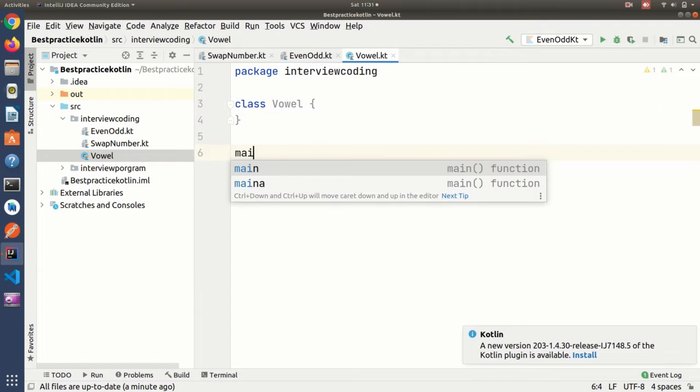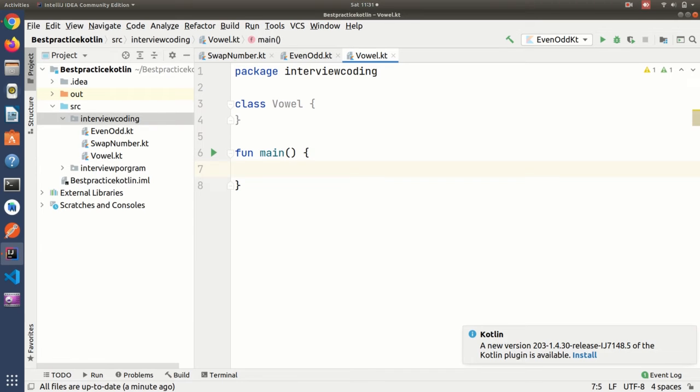So here using the main function, and here I am taking one char, val ch equal to a,